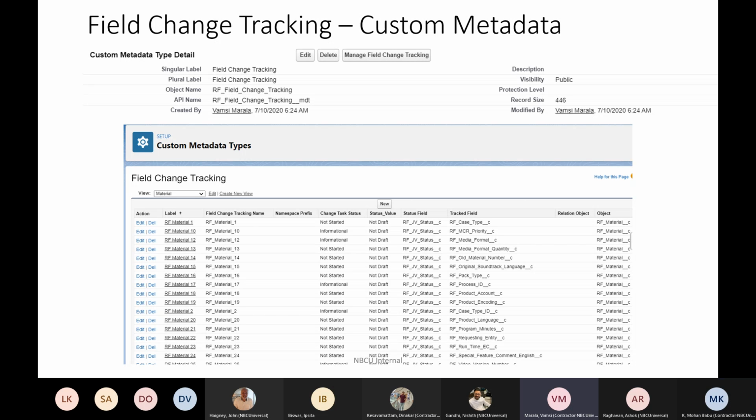For now in RF Mercury, we are using it for almost all the objects like release, material, video version, VBOM item, material sales org, language, material components, RF BOM item, and RF BOM headers. All these 7 objects we are using for now.